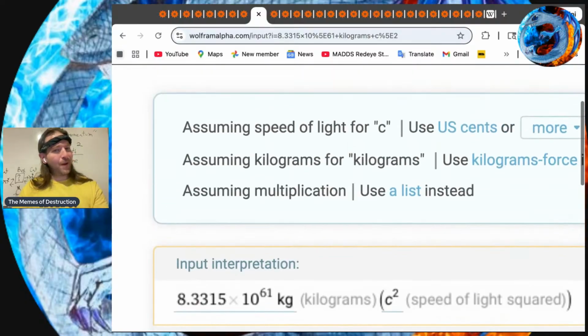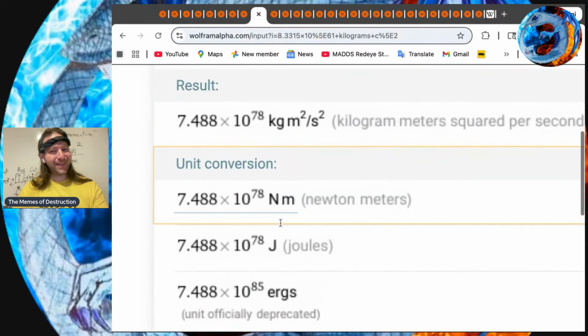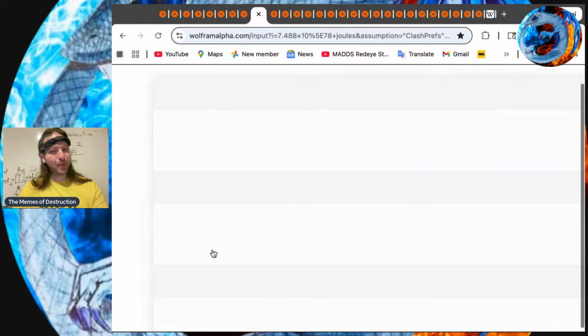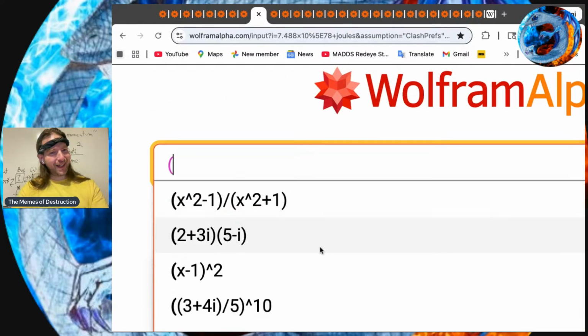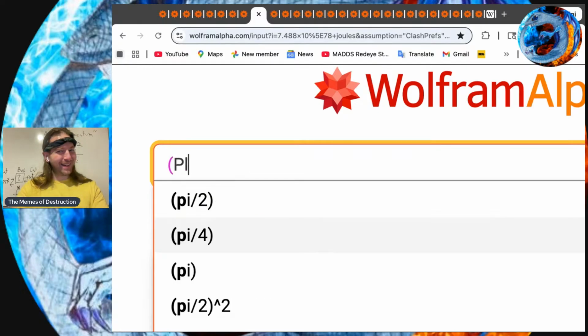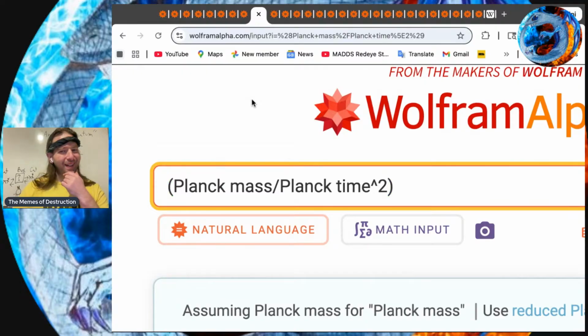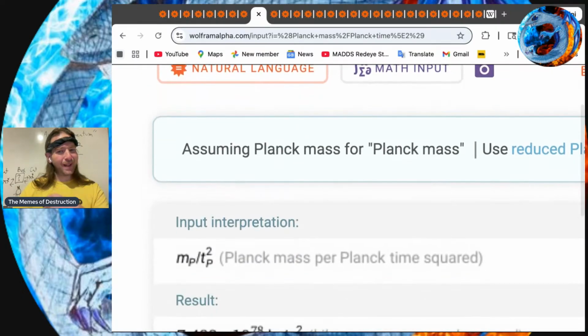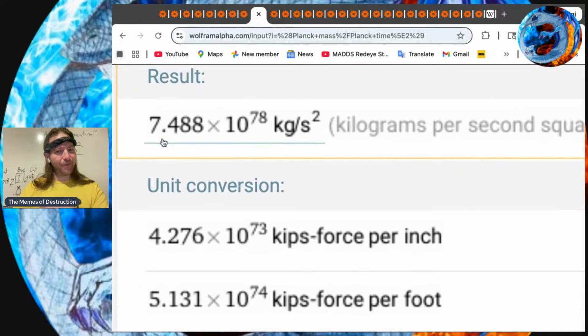We've got that number. This number actually did look familiar. Because when we take this number and go over here, let's just take a look at another random combination of Planck units. Take the Planck mass again, but this time, let's divide it by the Planck time squared. Okay. We got the Planck time squared divided into Planck mass. Wait a second. Wait, hold on, wait. 7.488 times 10 to the